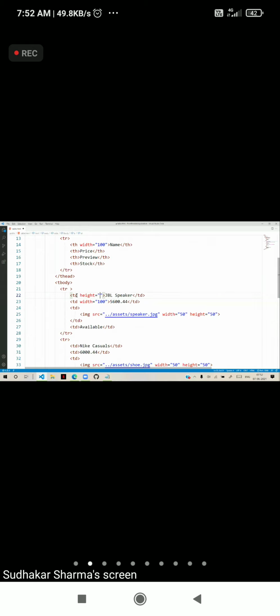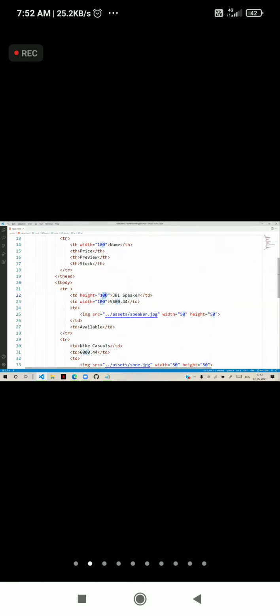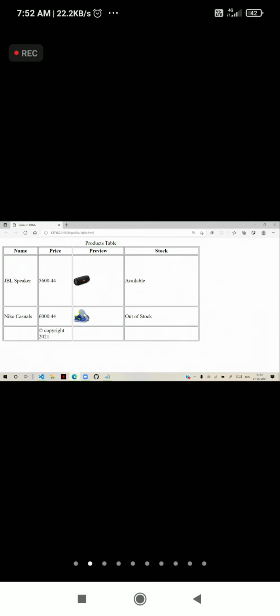Height is equal to some 100. And it is going to affect height for all of them. I said some 150. It is going to affect the height of all of them. You can adjust similarly for the content. Generally, this type of appearance we usually use for presenting layouts. When we design layouts, we can adjust the height, width, and configure according to the content.